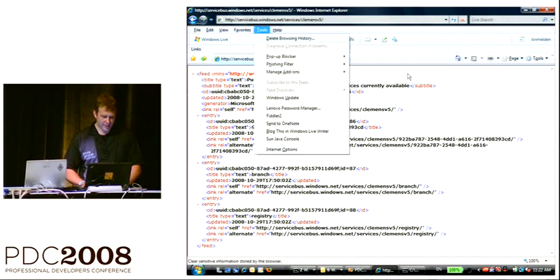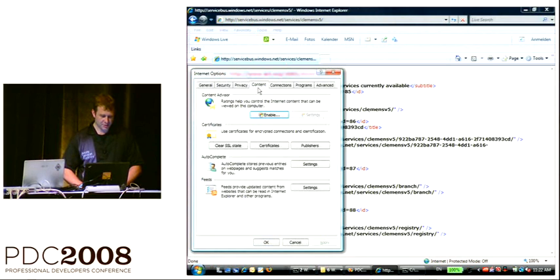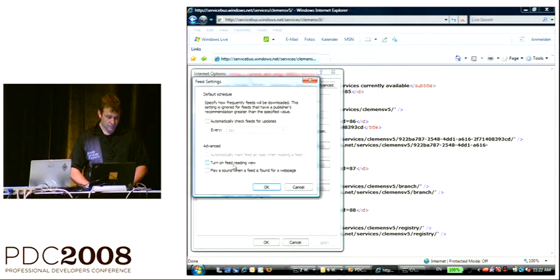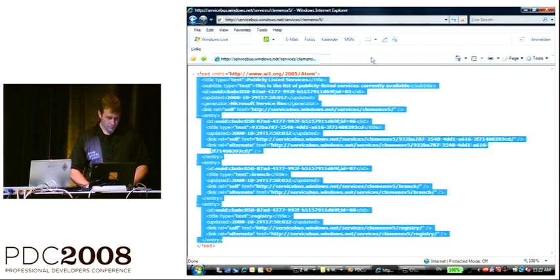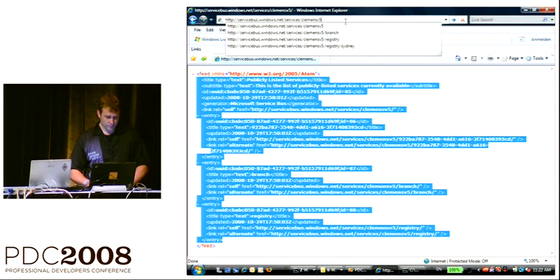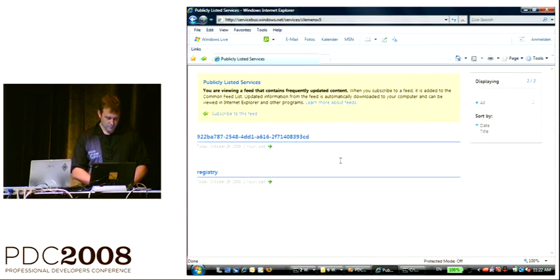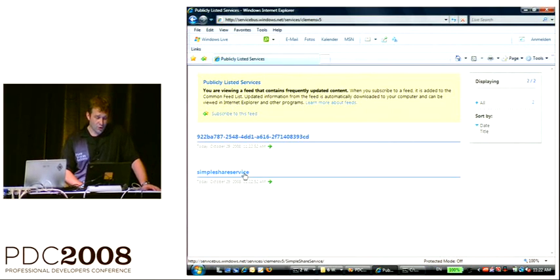I should probably turn that back into the mode where we can actually see something. So here's my simple share service that just opened.